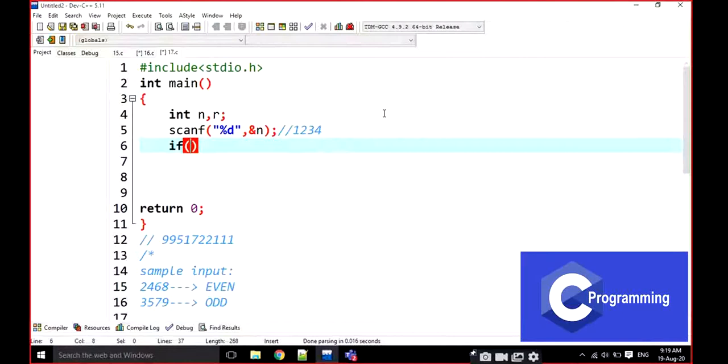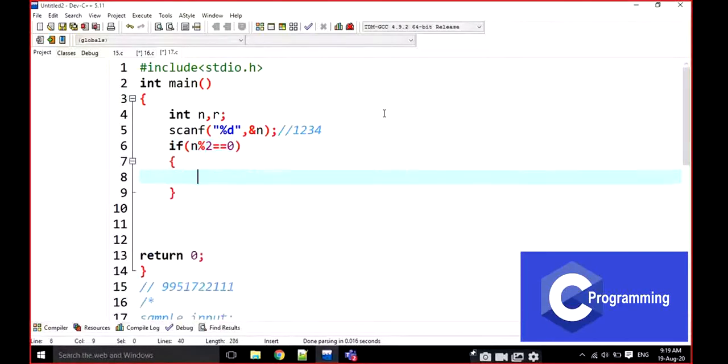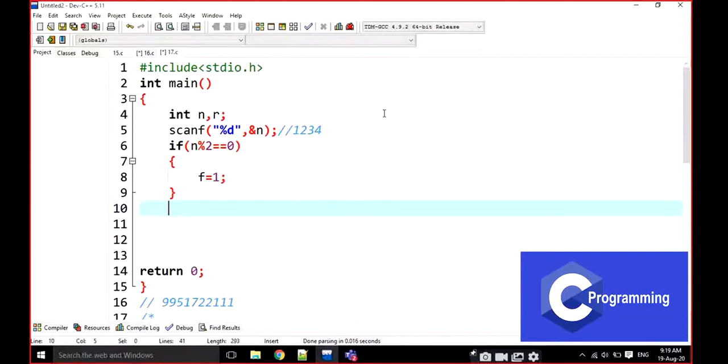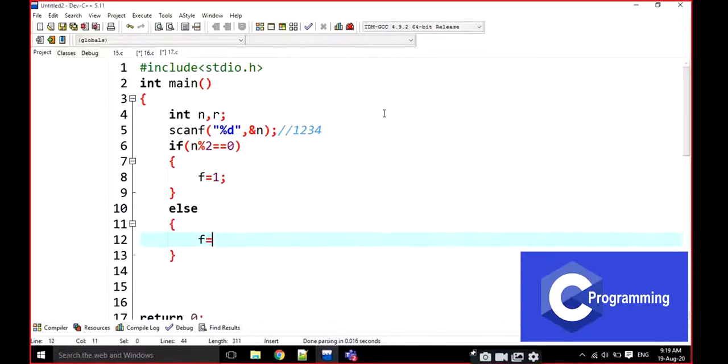For this, I am going to write here n mod 2 is equal to 0. That means this is an even number. Now I am going to take one flag variable here. That's it, nothing else. I am going to set this value as 1. Else flag is equal to 0. Listen carefully, first of all, everyone.